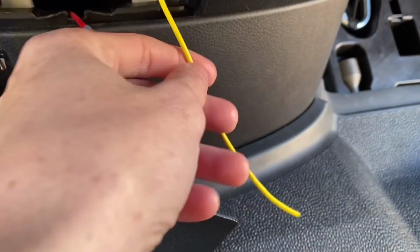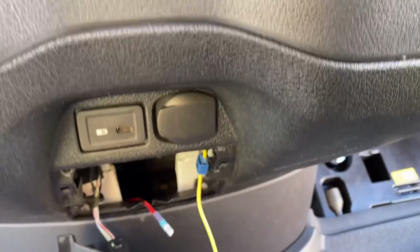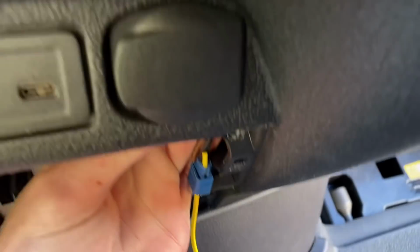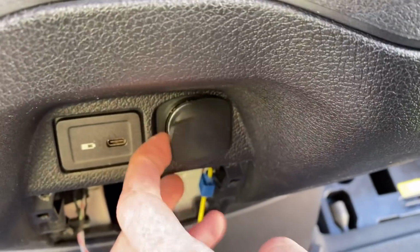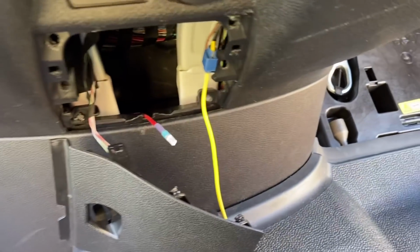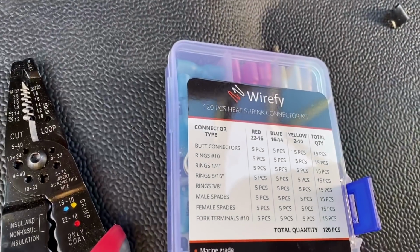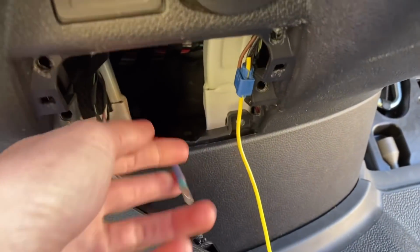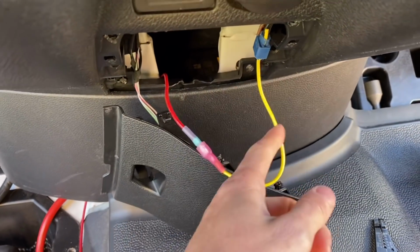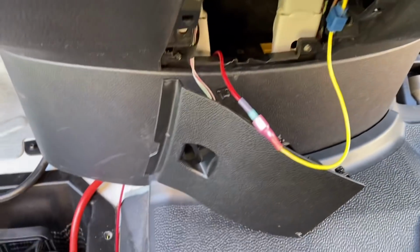our builder had connected the alternator here to this positive wire, which I assume is feeding our 12 volt cigarette lighter right here. So I figured since this is already here, why not just use that? So we're going to strip it down, get a spade connector on there, and then just pop in the ignition wire to that. So we've got our spade connector here between our 12 volt ignition line, which is this guy here,